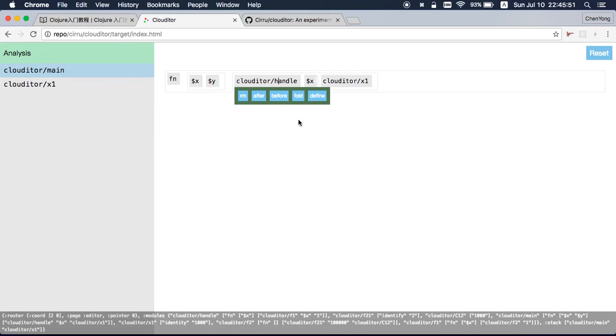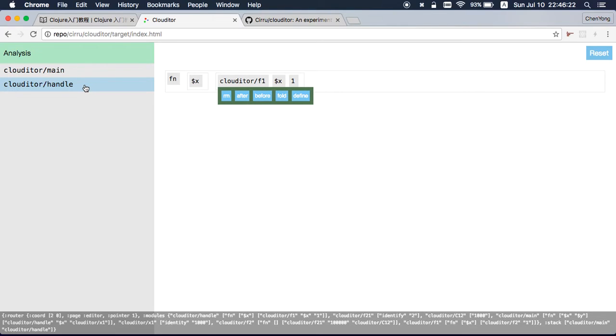I can navigate here and click the buttons to edit the expressions and the tokens. Here's a define. If it contains a namespace, it's a definition, and I'm going to click the definition, and